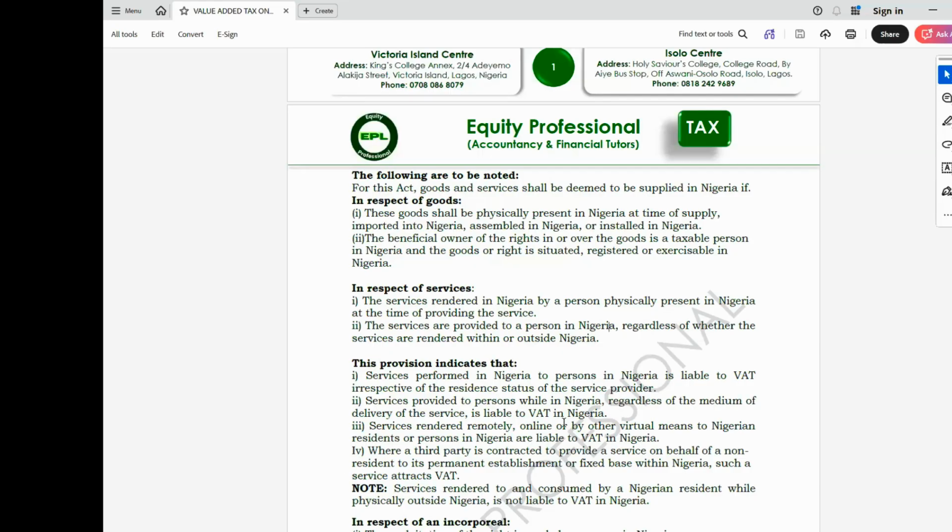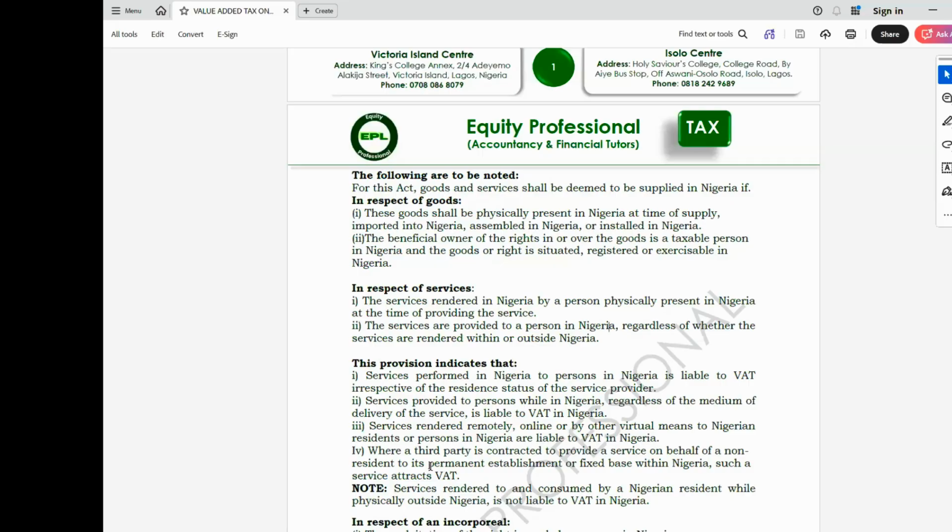Yes. For services that are rendered remotely, online services, to a resident or person available in Nigeria, they are liable to VAT. So where a third party is contracted to provide a service on behalf of a non-resident to its permanent establishment or office, such a service attracts VAT. So a company that does not have an establishment in Nigeria, a non-resident of Nigeria, but they appoint an agent to provide a service on their behalf, those services will also be liable to value-added tax,